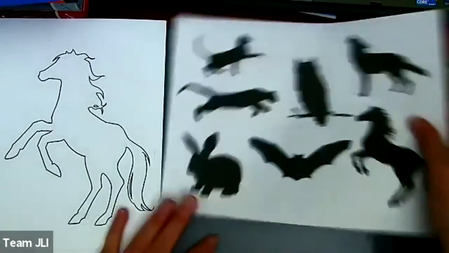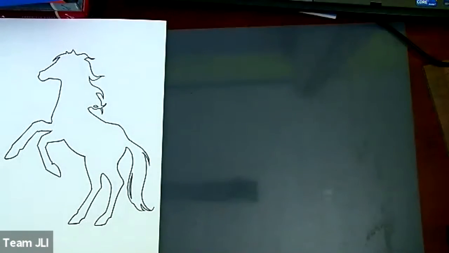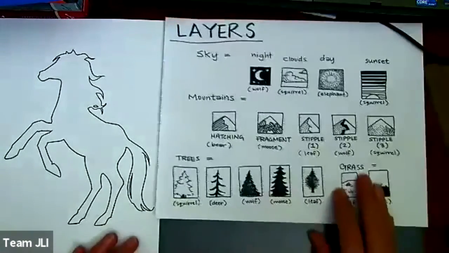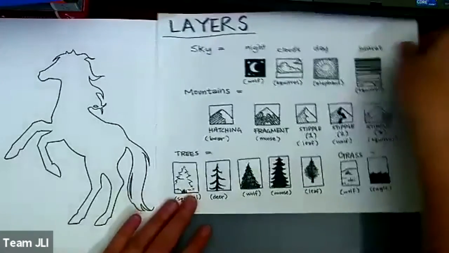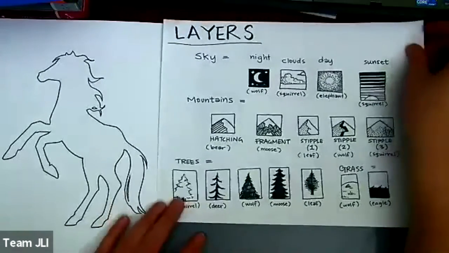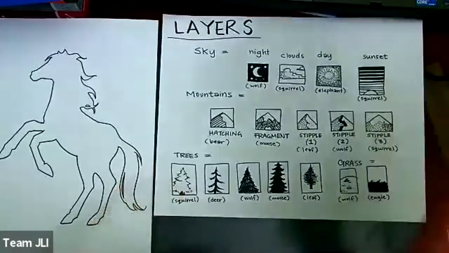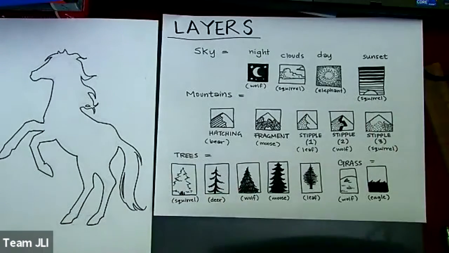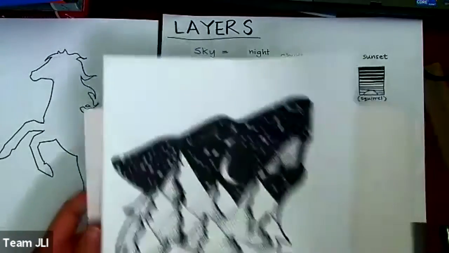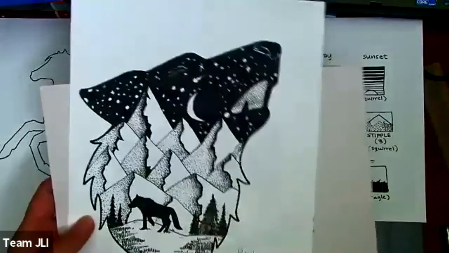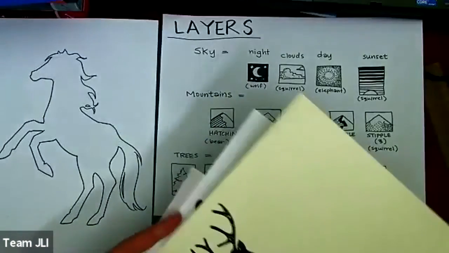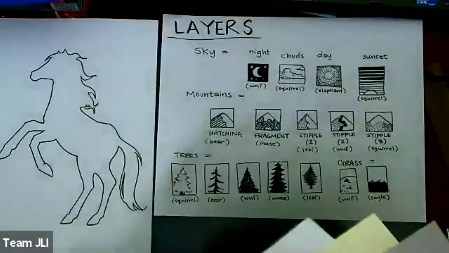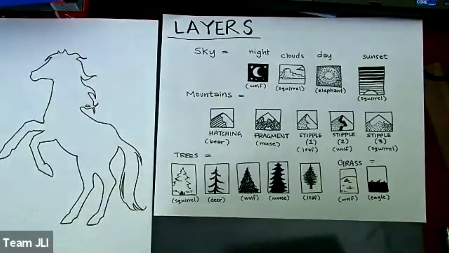Alrighty, I'm going to switch this piece of paper out for some of the things we've done earlier in this class in the previous weeks, but I have taken all of these from the things we have already done. So you might just want to look back at your own pieces, your own sketchbook, find the ones that you go, oh, I really like how we did those trees in that one. Or maybe you really like how we did the mountains in that one. Just pick your favorite pieces from your favorite art pieces